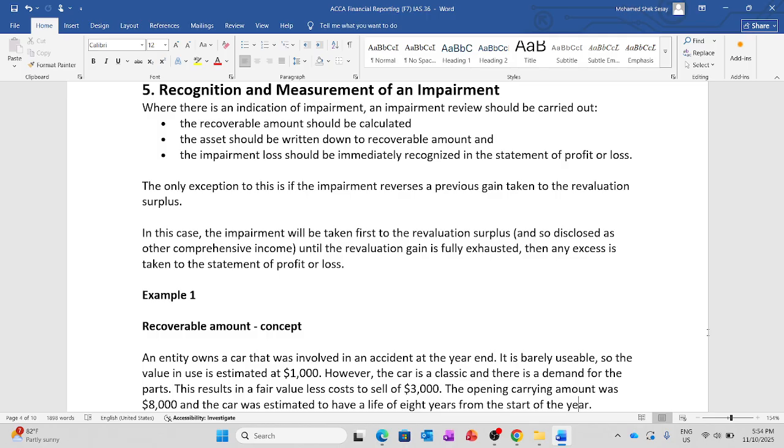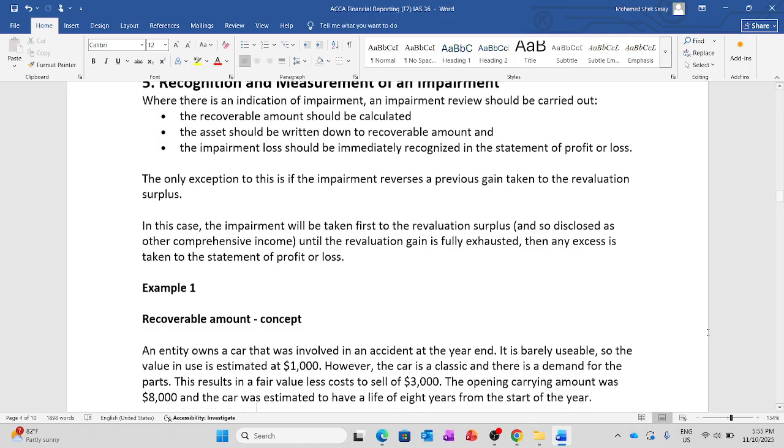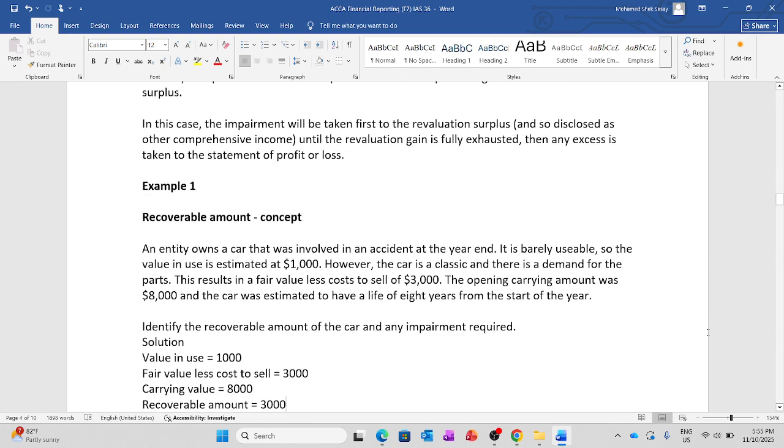I remember when I covered IAS 16, the revaluation gain and revaluation loss, we talked about how we can account for a revaluation loss in a previously revalued asset. So this is the same concept and principle that we need to implement in ensuring we account for the impairment when there is an already existing revaluation value in the reserve. So now let's look at the concept of the